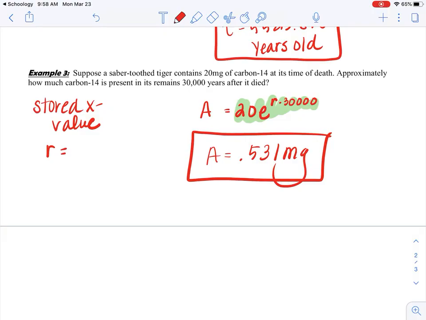Okay, so when you're working on your homework, from what I recall from last year, the first problem asked you about carbon dating and using carbon-14. And then I think the next few do also. So if you want to say I'm using my stored X value at each problem instead of redoing the work to find the rate every single time, that's absolutely fine. Just don't forget how to find the rate, because if we change up the isotope that we're using for carbon dating, we want to make sure that you can